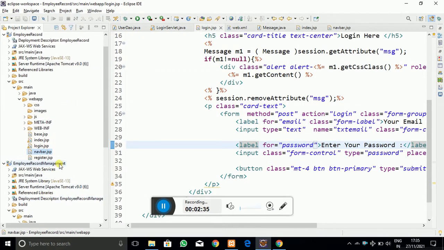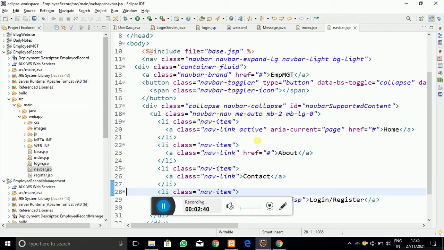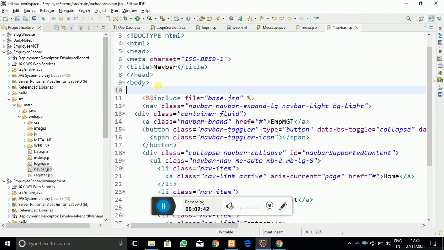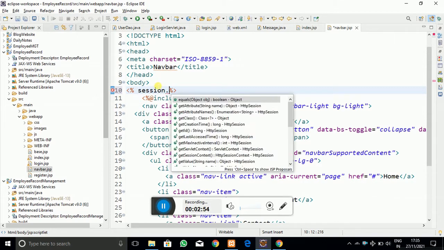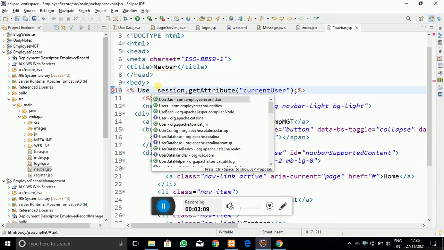So for that purpose I am going to go to the navigation bar page, navbar.jsp, which we have created, and into this page we are going to access the current user session which we have created. So it is session.getAttribute, and the attribute name which we gave here is currentUser, and I have to store that into the user type variable.